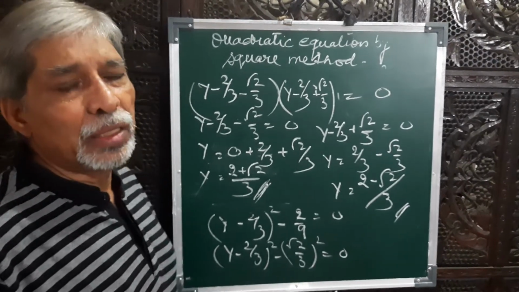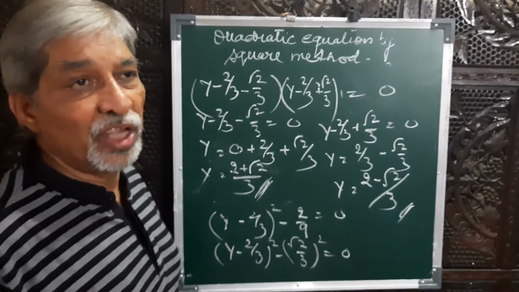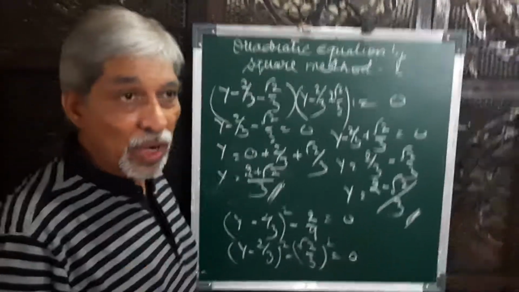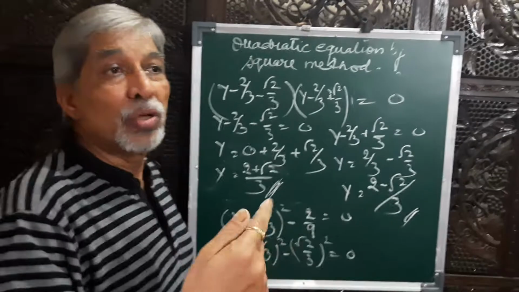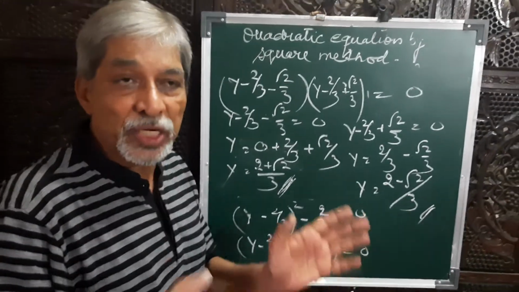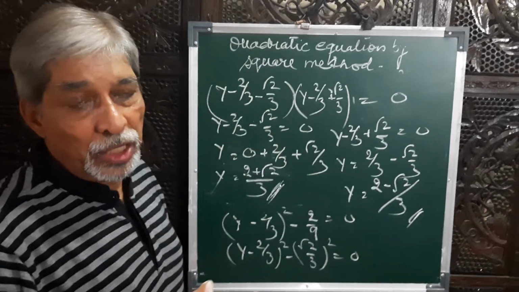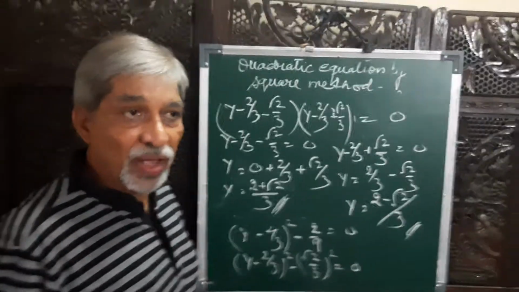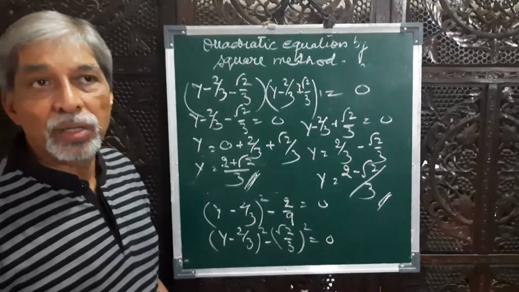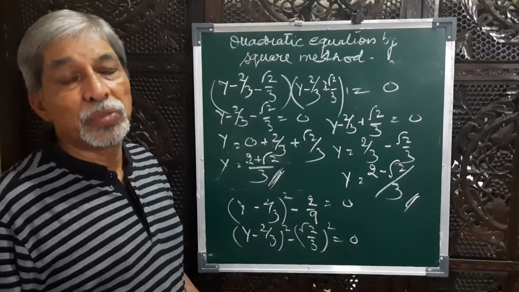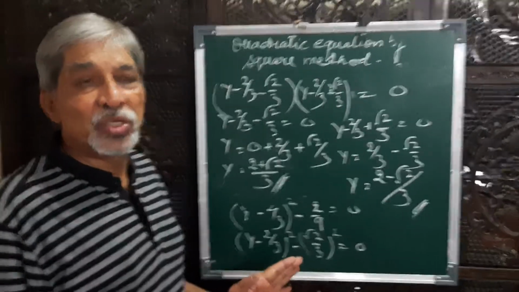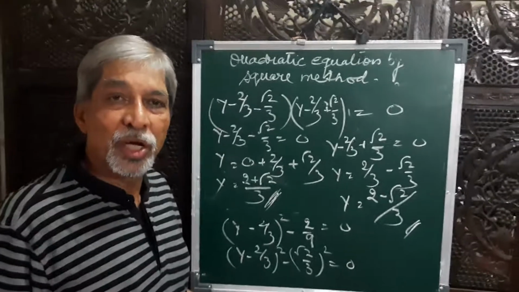To find that, there is a formula: half into the coefficient of the middle term, the whole square. Whatever you get, you add, and then you have to subtract also. You will derive a perfect square from there, and the remaining two terms you will solve. Then by the formula a squared minus b squared is equal to a minus b into a plus b, you will get two linear equations. Solve them, and you will get the roots.